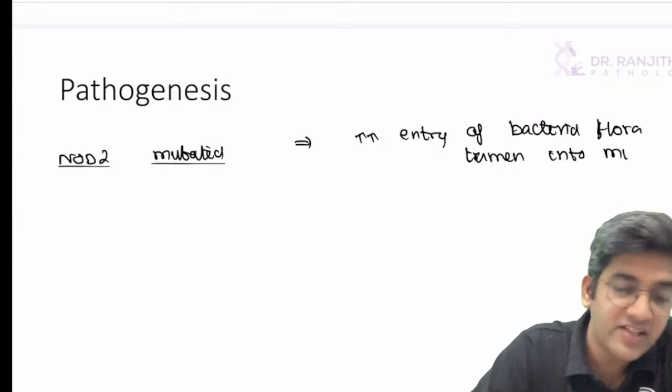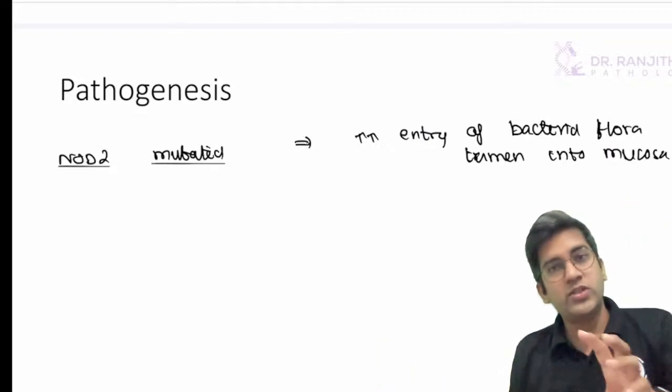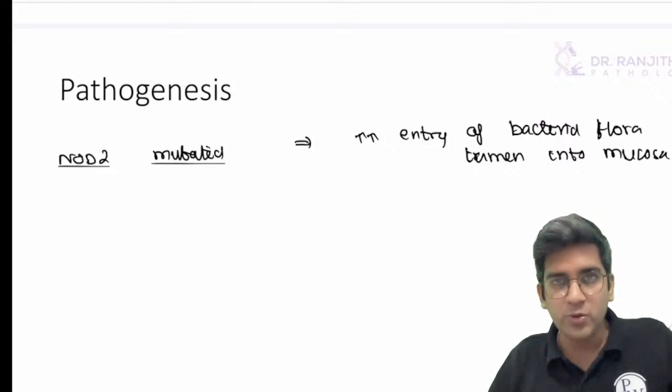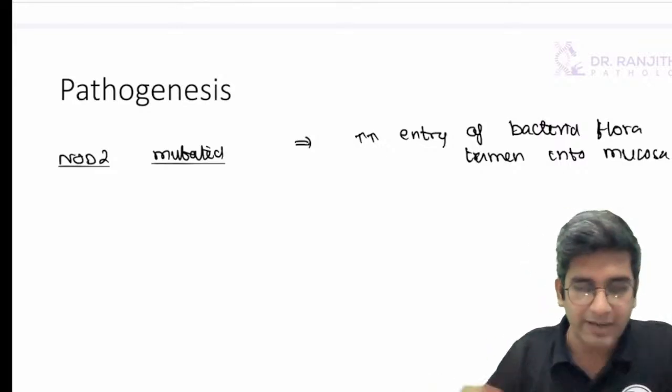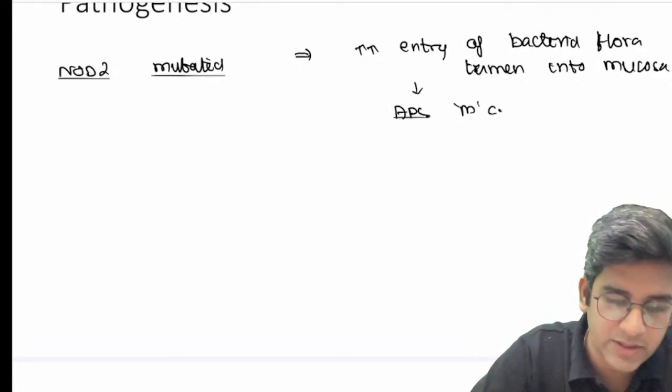Generally, it will be on the surface of the mucosa. It will not penetrate the mucosa. These guys, the NOD2 is something which will protect them from penetrating the mucosa. Normally, it will be in the lumen. If it's mutated, there's no one to protect. The bacteria enters inside. Once the bacteria enters inside, by default, who will be there? Can I say I'll have antigen presenting cells? Here we call them M cells.